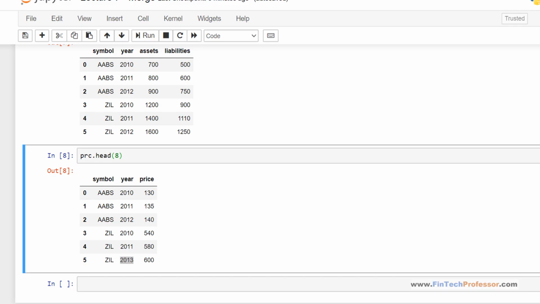Okay. The command that we shall use is pd.merge, and we have to create a new data frame. Let's call this data frame combined.